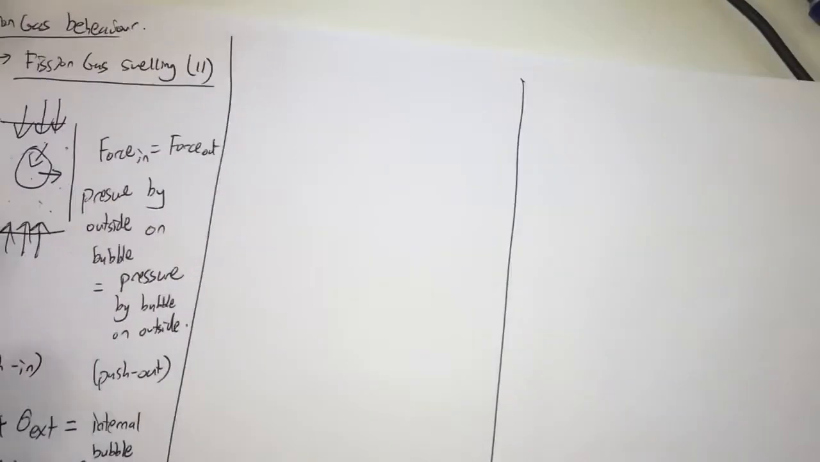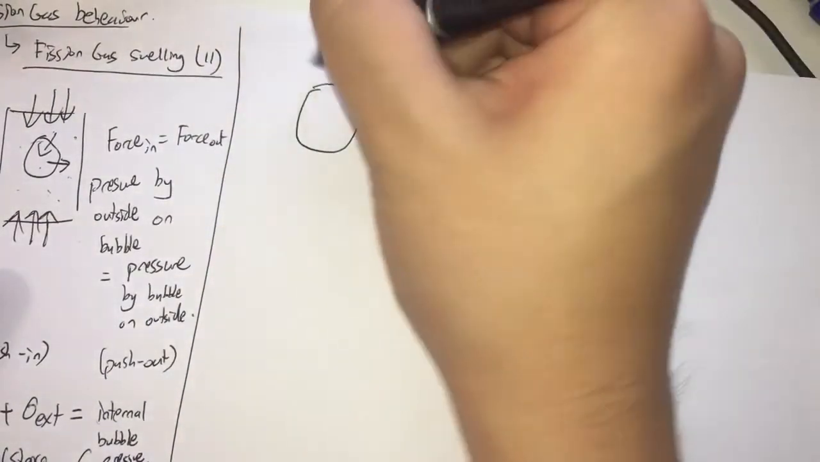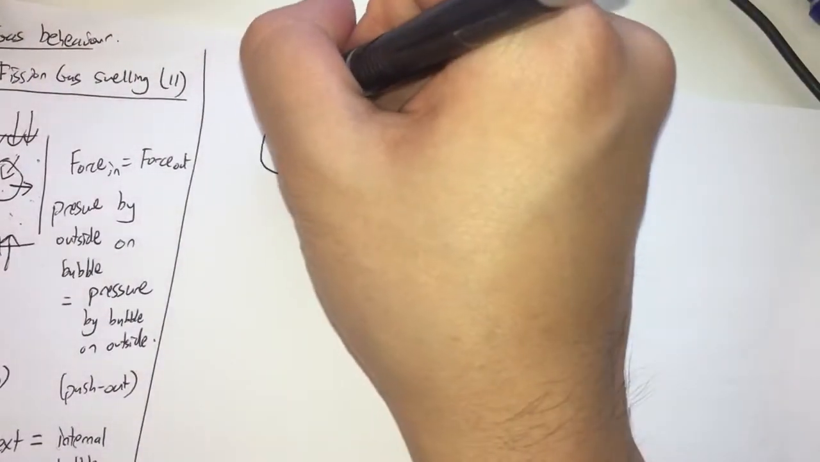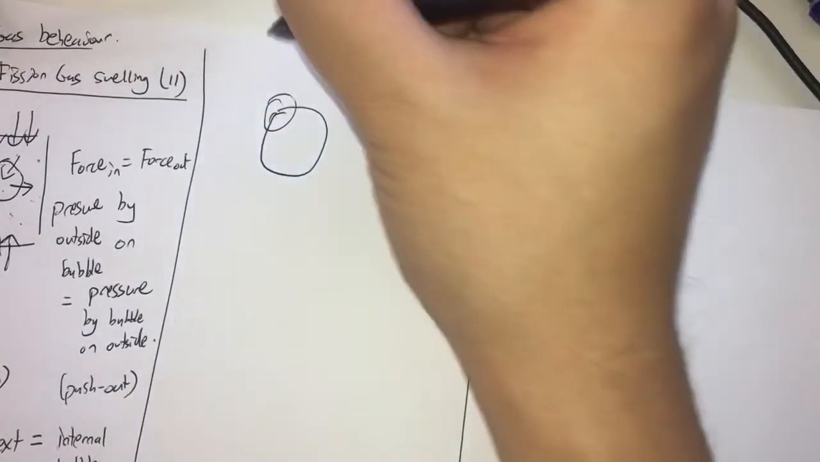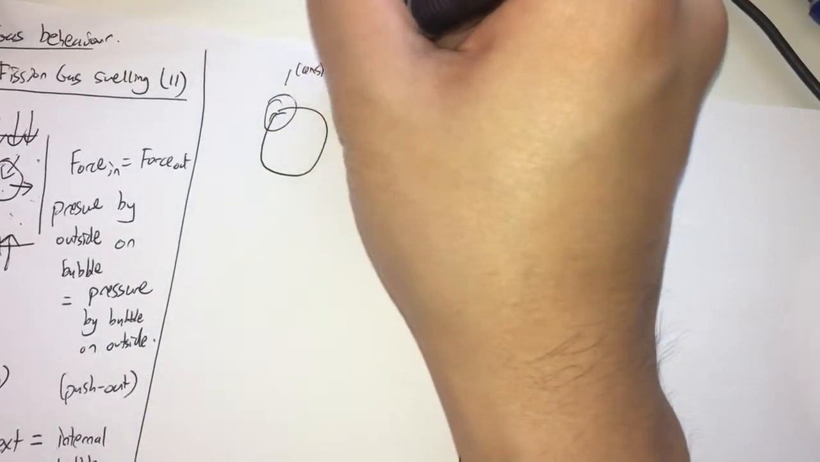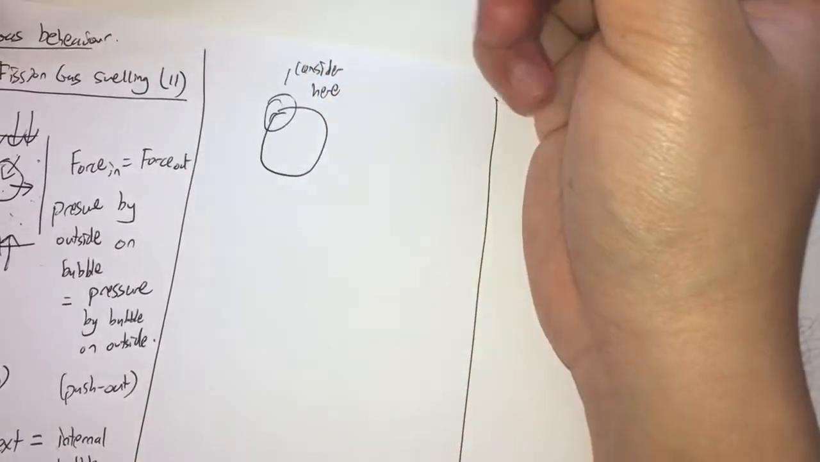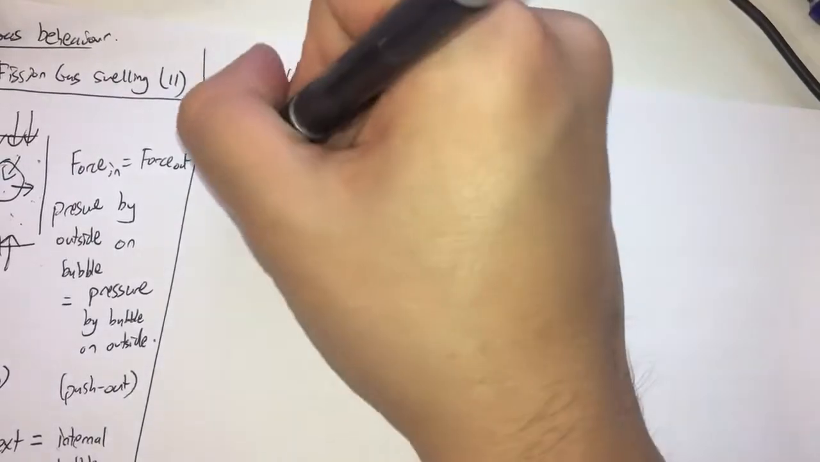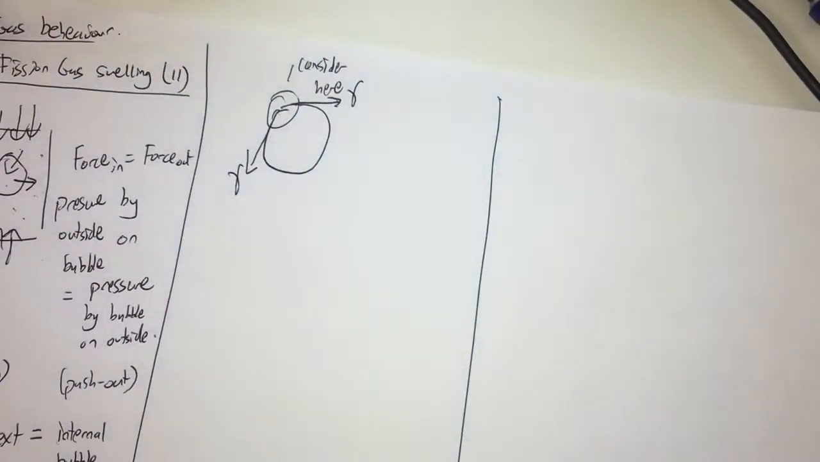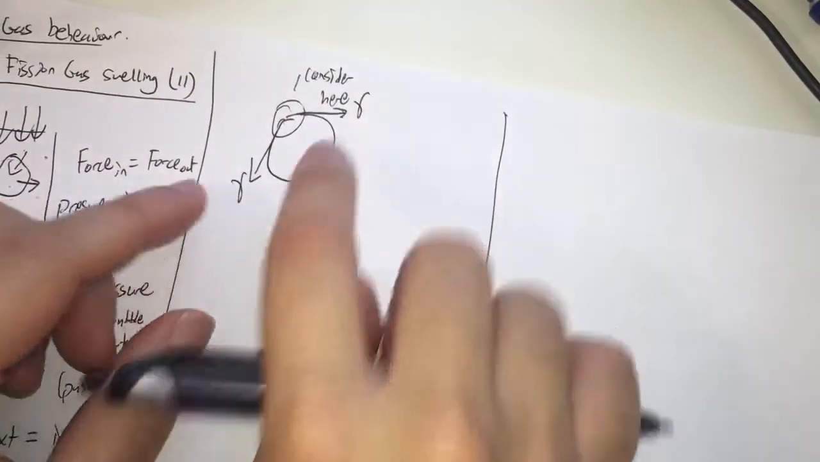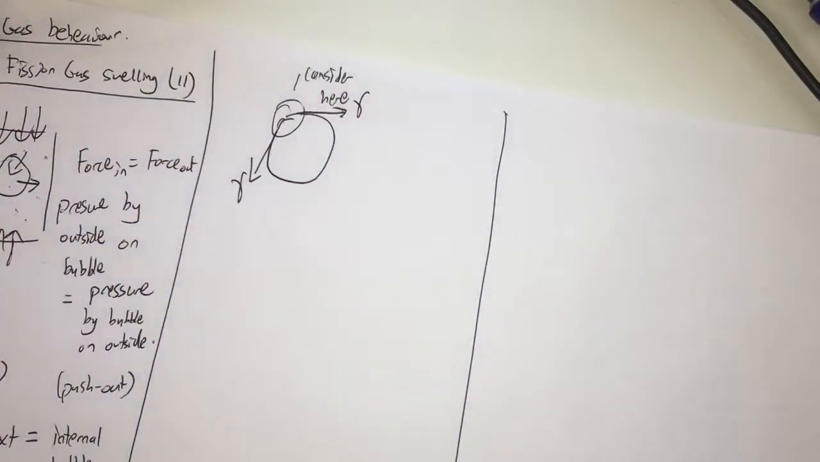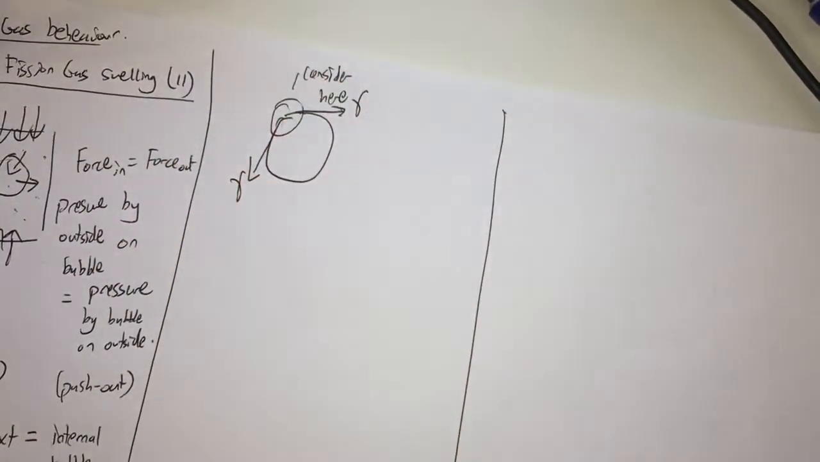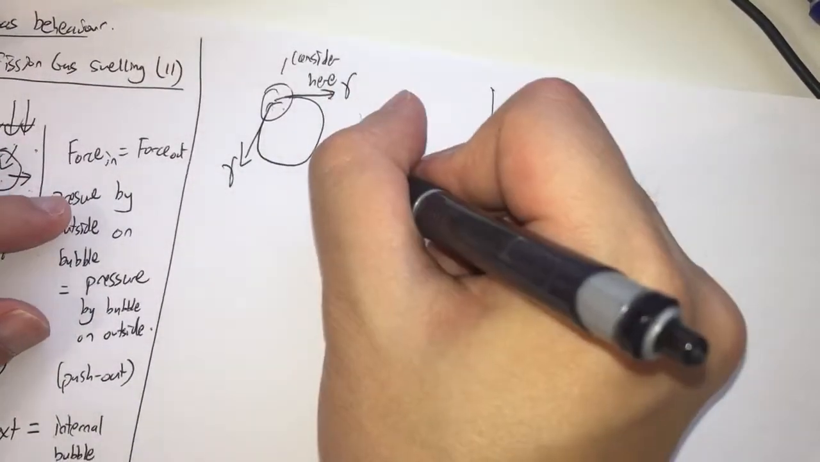So if we have a bubble and the surface, let's just consider this part. Surface tension will be acting in this direction, pulling sort of in this direction. It's tangential to the surface it's acting on. So if you were to zoom into this part,